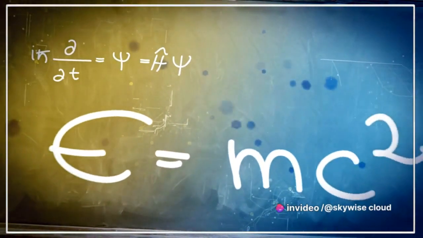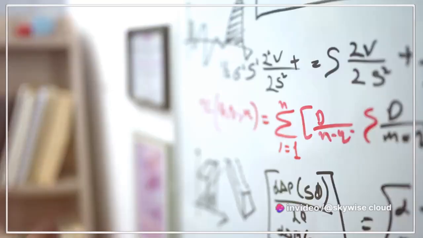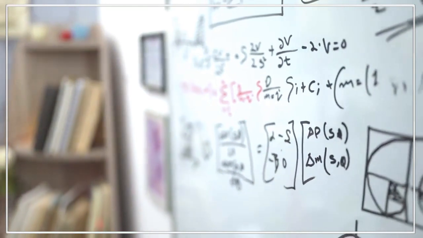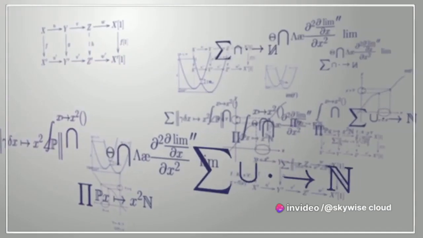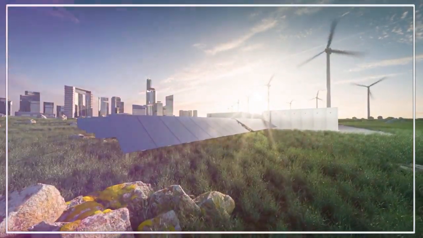Let's delve into that. The McGinty equation, or MEQ, is a mathematical framework that opens up a new world of possibilities for energy storage. It's a formula that, when applied to the design of energy storage devices, could potentially lead to the creation of high-density energy storage solutions. This is where the magic happens.